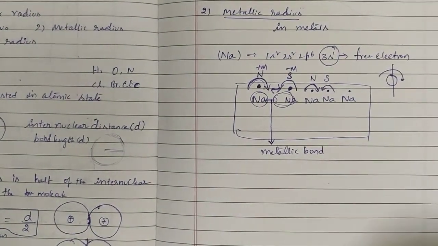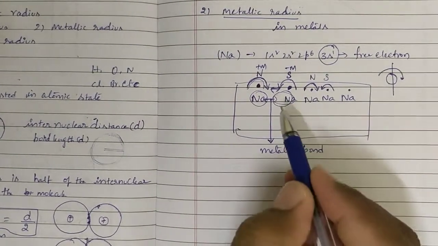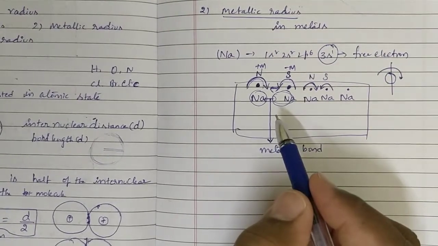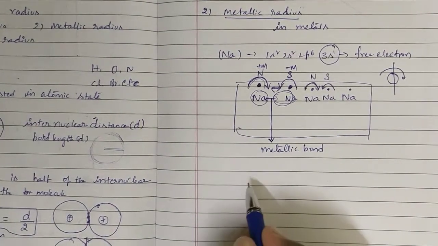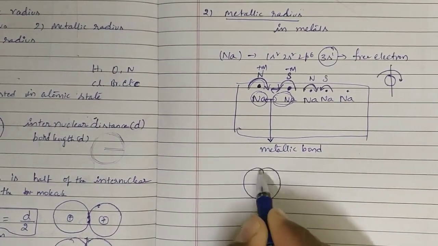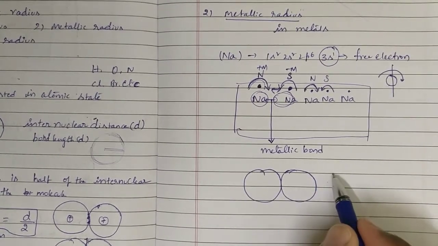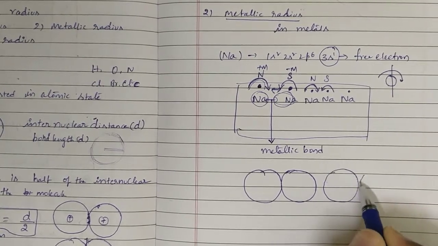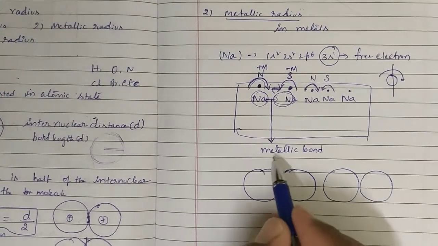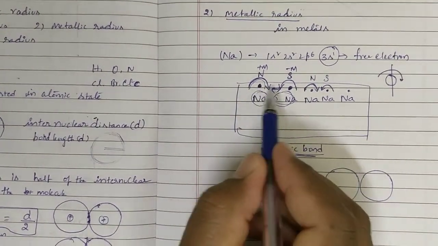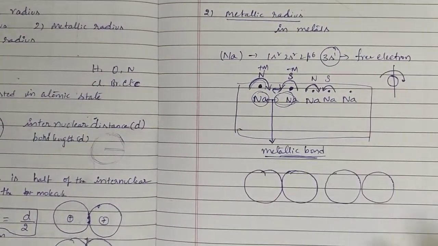Chemical bonds are covalent bonds, ionic bonds, and coordinate covalent bonds also. So this metallic bond present between sodium atoms will be weaker than a covalent bond. Because of that, these sodium atoms are a little bit loosely held with each other. Don't think that any chemical bond is present here. I already told you that it is called metallic bond, because of opposite spins of free electrons. That's why I explained it clearly till now.